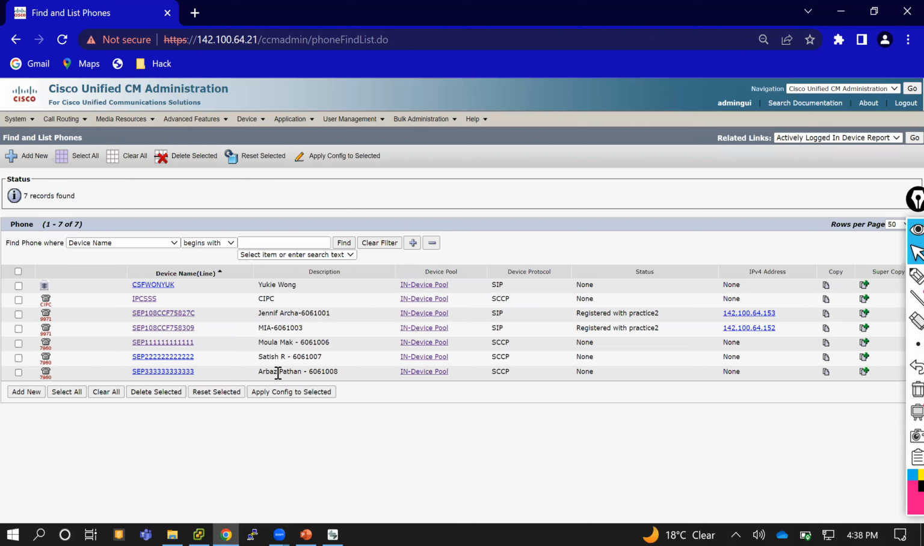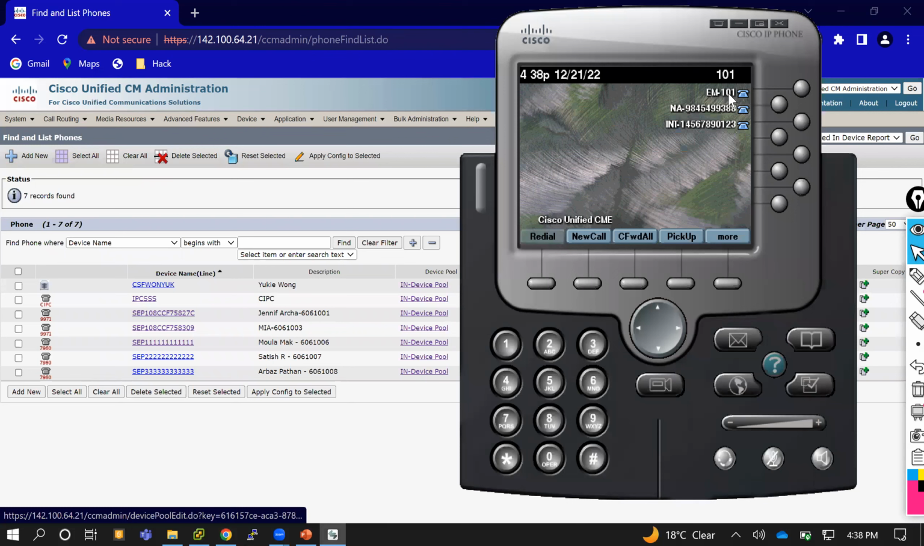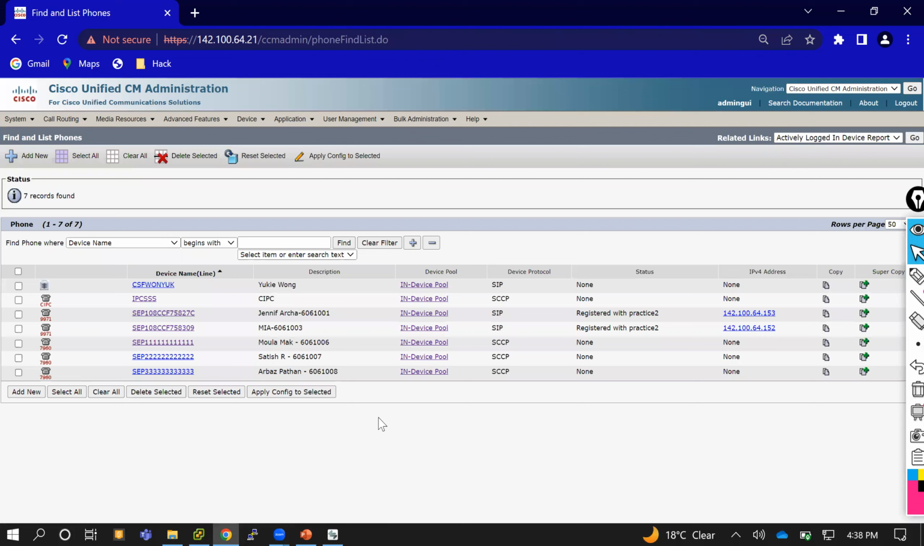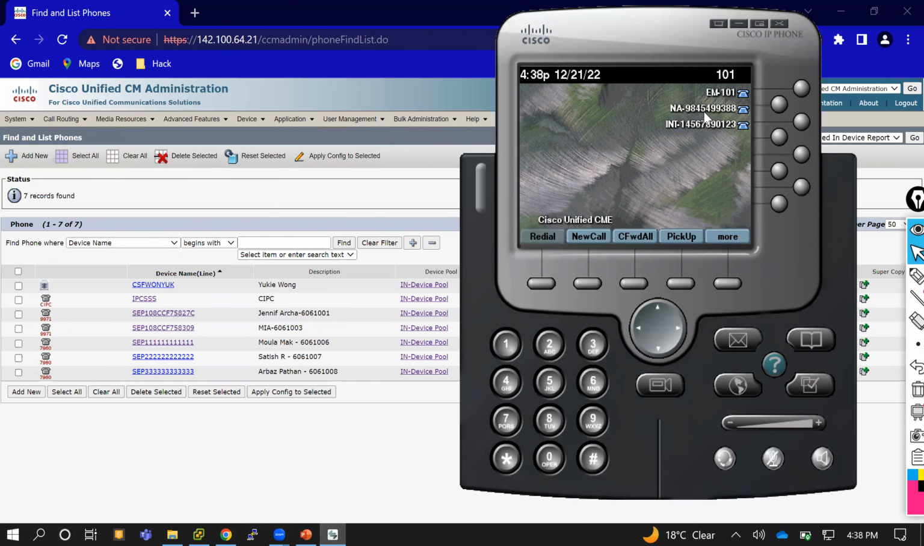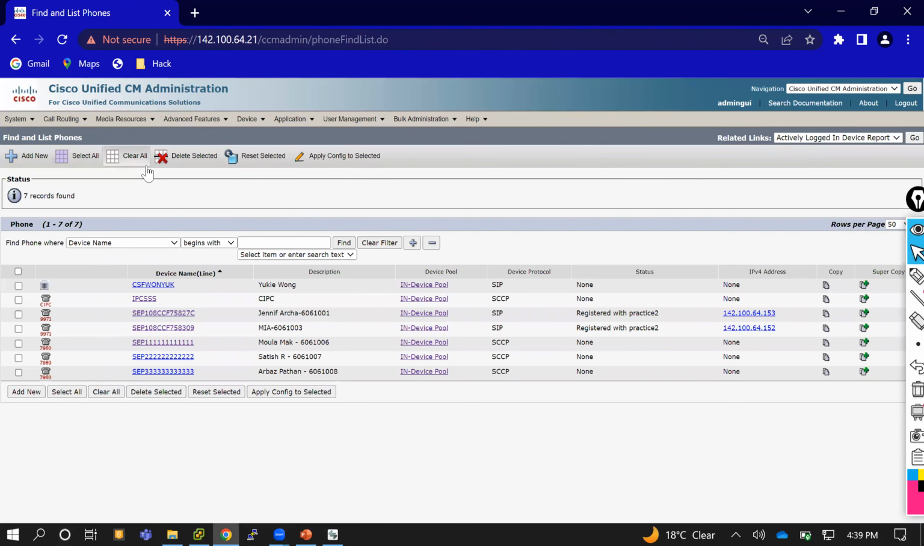For an example, Arbaz is the L1 engineer, Satish is the L2 engineer, and Mola is the L3 engineer. Now Arbaz has the permission to make internal calls, and emergency EM 101 we have. Let's see that one by one. Arbaz cannot dial other numbers like 98454 something. That number he cannot dial. So that's how I'm going to give the permissions in this one. So first I'm going to